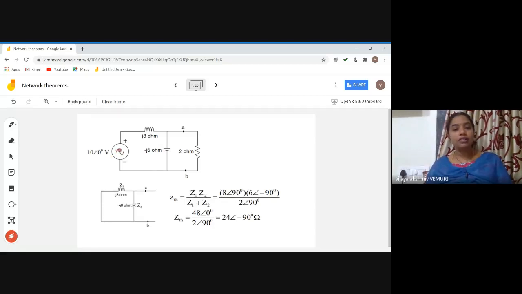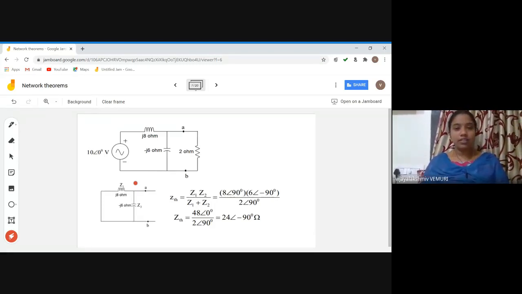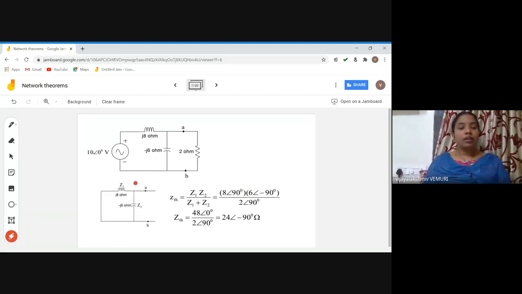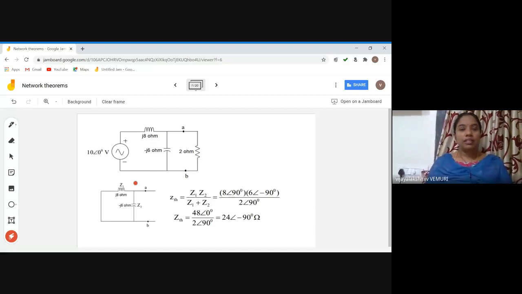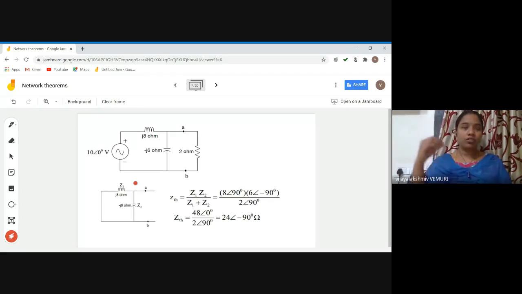Unless mentioned otherwise, an AC source is always represented with a sinusoidal symbol. If you observe here, you are given the polar form of the voltage, which, mind you, is always an RMS voltage. I think you would have heard about average value, RMS value, form factor, peak factor, all those things in your single phase AC circuits in first year, isn't it? RMS values are the DC equivalent of AC quantities. These are the root mean square values: for every instant of time we calculate, square, and root it, and then it becomes an RMS value.